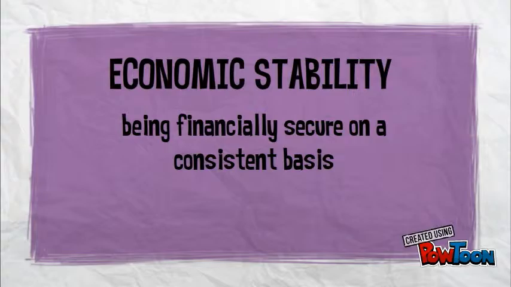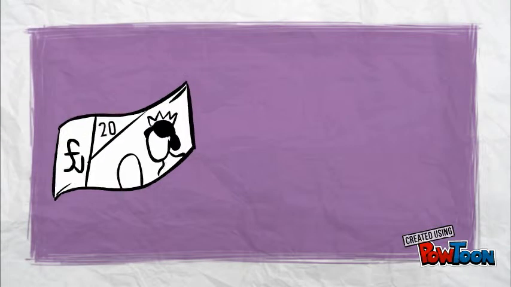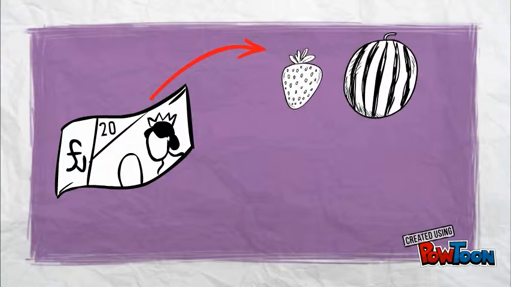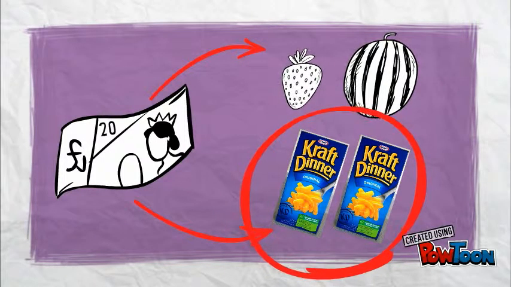Most families in these neighborhoods have a limited income. Let's put ourselves in their shoes. If you only have $20 for groceries this week, would you spend it on produce that'll only last 4 or 5 days? Or would you buy the mac and cheese that would last you a month? In order for these families to ensure food security, they often have to choose the food that will last longer. And this food is often less nutritious.